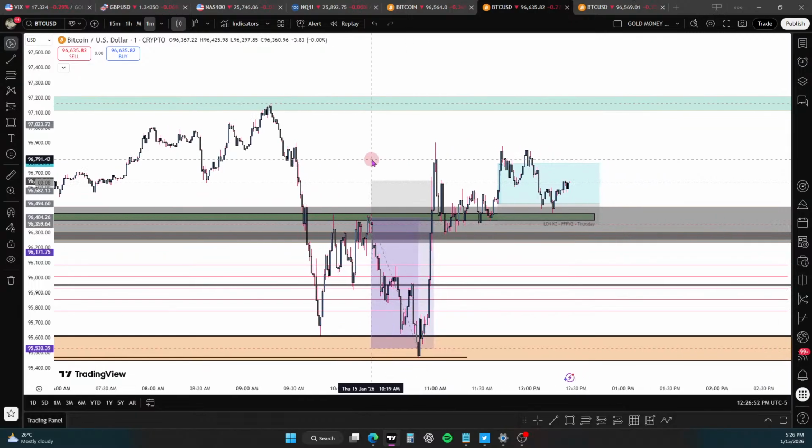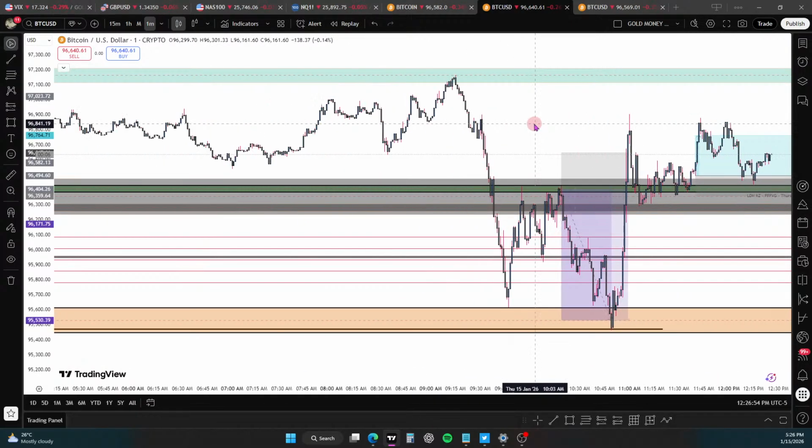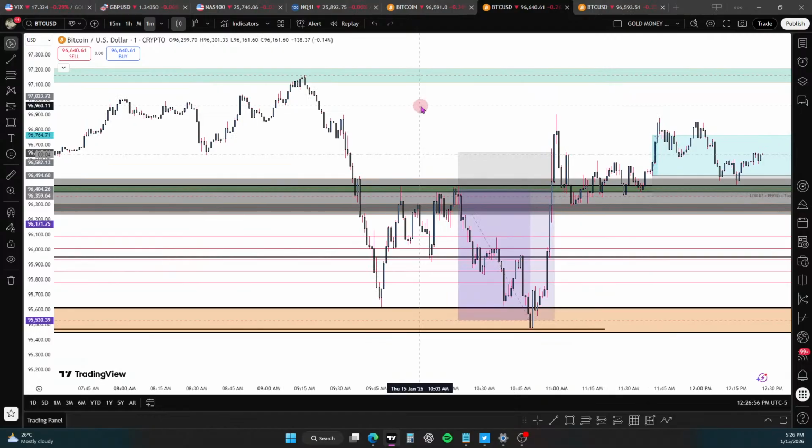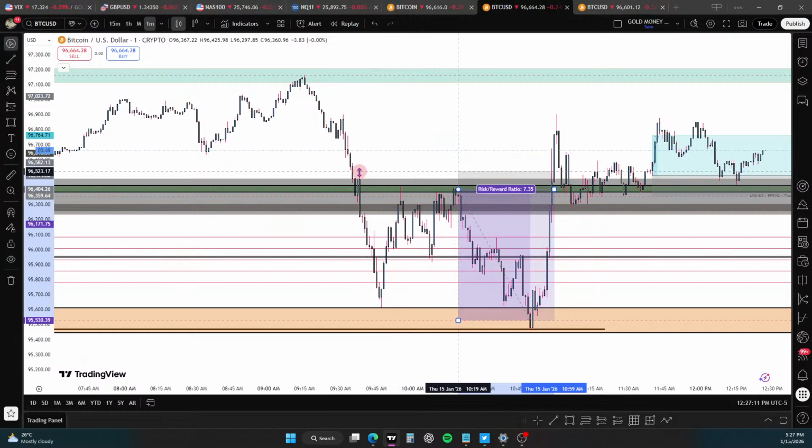But you can see how the algorithm respects that so well. Actually look at that. Right here, man. You could have entered off there, and then you're basically just using one of these wicks, one of these highs on the fall as your stop loss. Any of them, really. Any of them, but even this relative equal highs. But this is a good target to be hit for when we're down here.